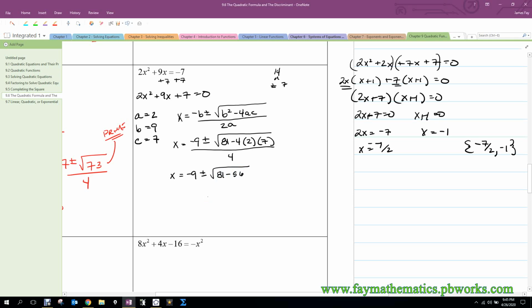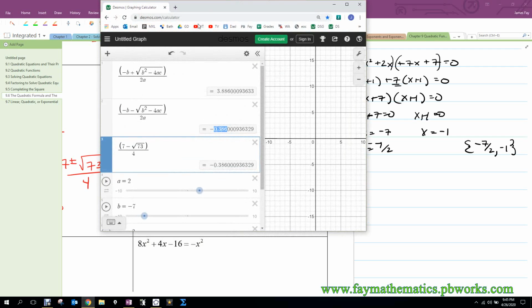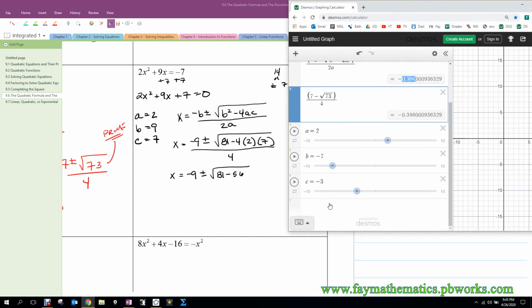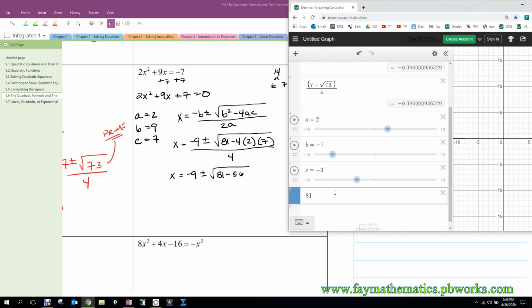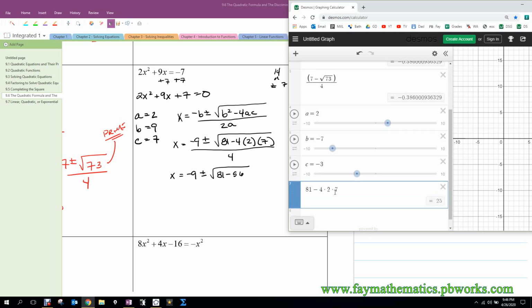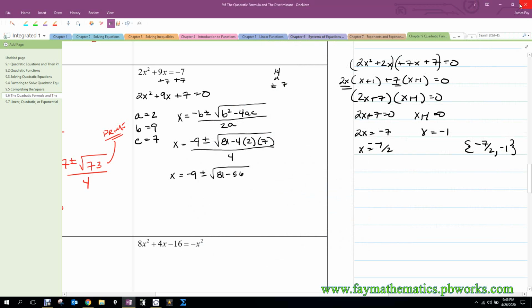Okay, is that right? 8 times 7, 56. So now 81 minus 56 is 25. Just double check my arithmetic here real quick. 81 minus 4 times 2 times 7. 25. Okay, just making sure. All over 4. So like I said, that's going to go to x equals -9 plus or minus radical 25 all